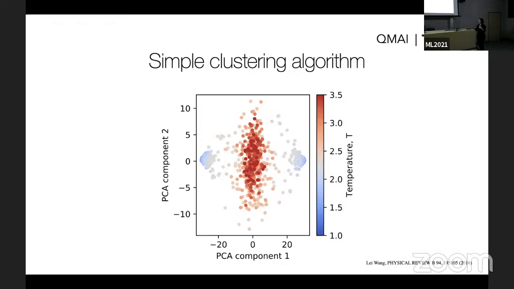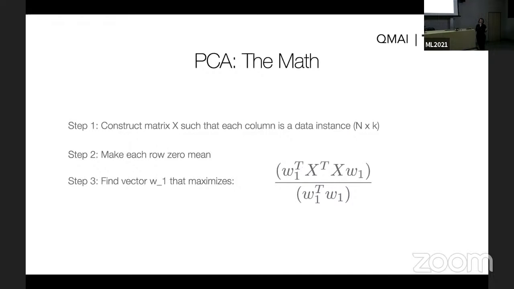Maybe let me now explain to you more mathematically how it works. But if you cannot follow every formula, don't worry about it too much. I will try to explain as clearly as possible, but it will get clunky. It's mainly written here so you can do your exercise, but let's try to follow together. So you take your data and you construct a matrix. Each instance of your data will be a vector in a matrix. You put them